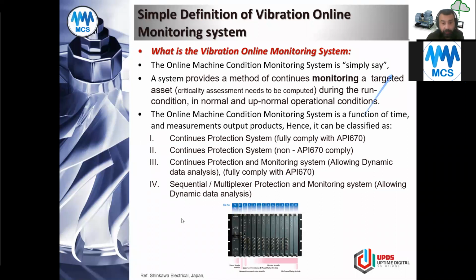Okay, right. The last one is the sequential or multiplexer protection system. This allows dynamic and data analysis. This is non-API 670 compliant, where there is a huge gap between the serving time, where you serve the data to the monitoring system from the sensing element, until you end up with the